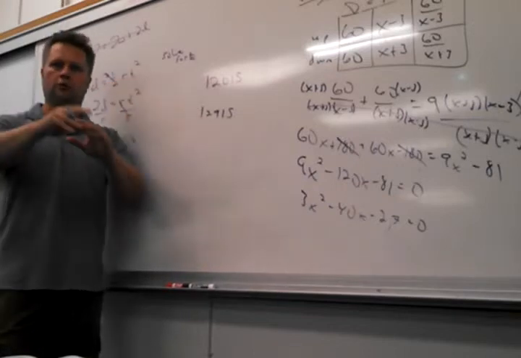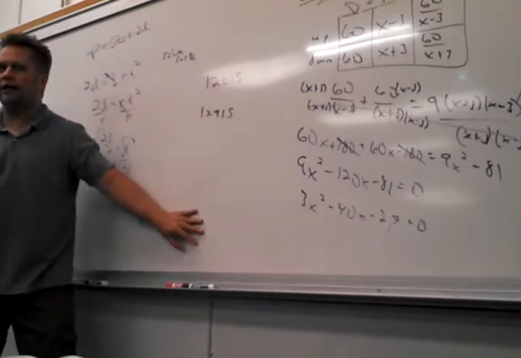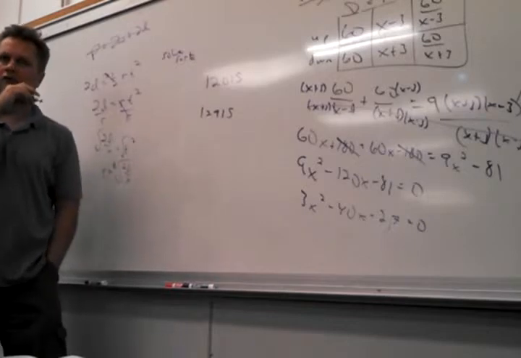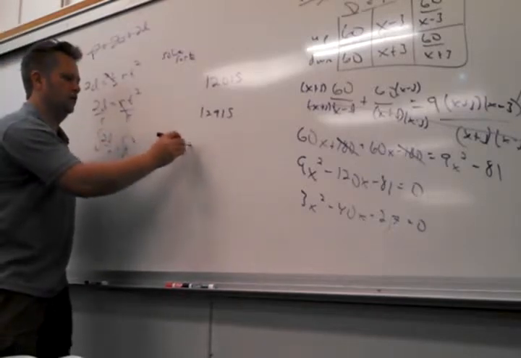2 goes into an even number. You all know that. 4 goes into any number where the last 2 digits are divisible by 4. So if I had this number here,